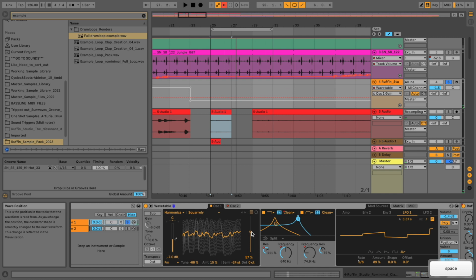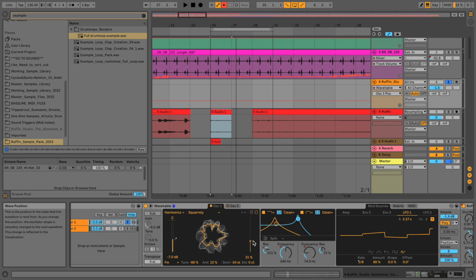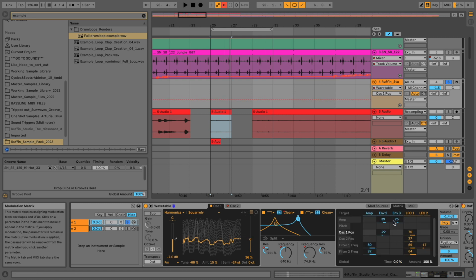And then the beauty about this synth is, if you just use this simple dial here, you can get a lot of variation already out of it. So this basically fades through the wavetable, right? The beauty is we can automate that. So if you just click on whatever value you want, it gets activated here inside the matrix, right? So if I click here,